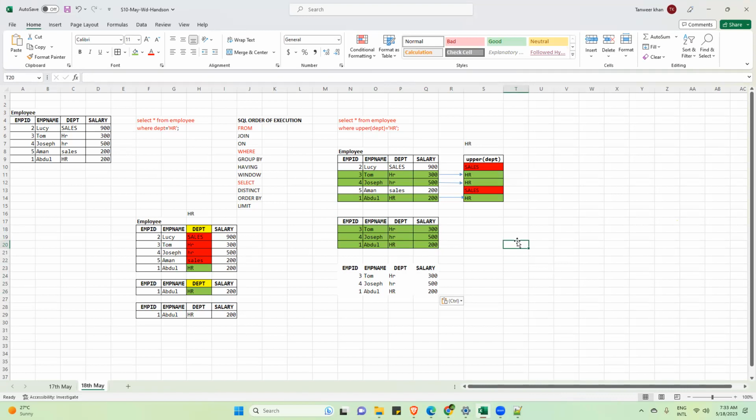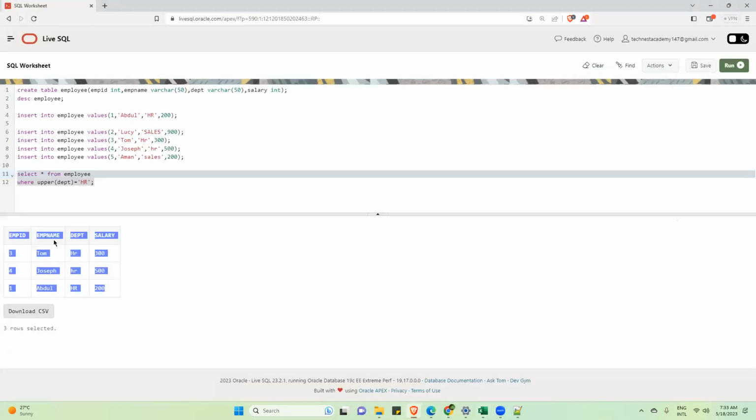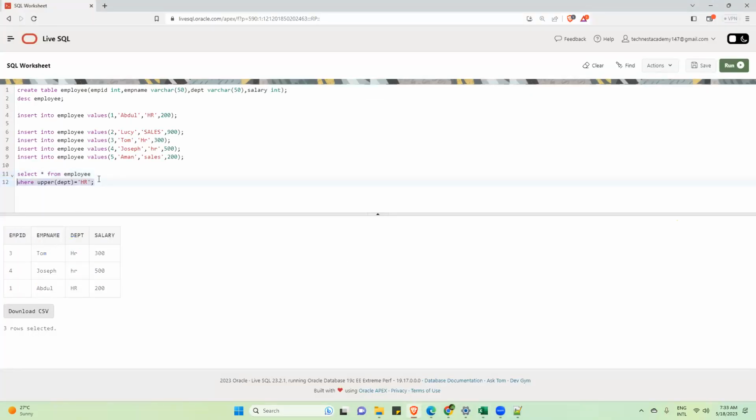No. Okay. Now, similarly, we have lower. Exactly the same thing you can do using lower as well. I'm revising all those things we have discussed yesterday. I'm revising it because many of the folks have not attended yesterday's class. But down the line, I will request you all that before attending any class, please revise the topics we have discussed in the previous class. Okay.